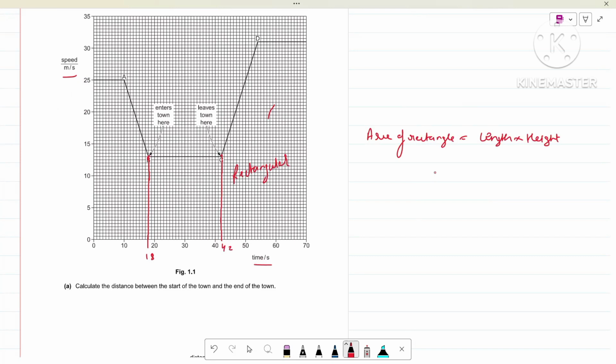So length will be 42 minus 18, and height. This point is 12.5, so 12.5 minus 0, into 12.5. So 42 minus 18 will come out to be 24. So 24 into 12.5, it will come to be